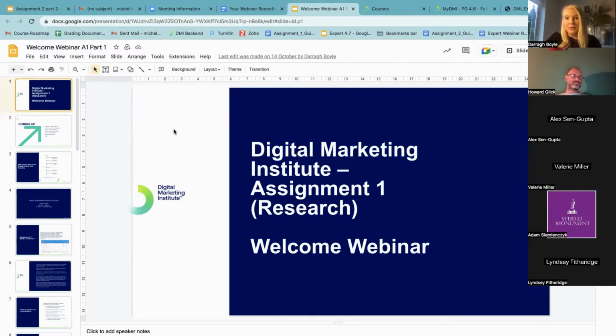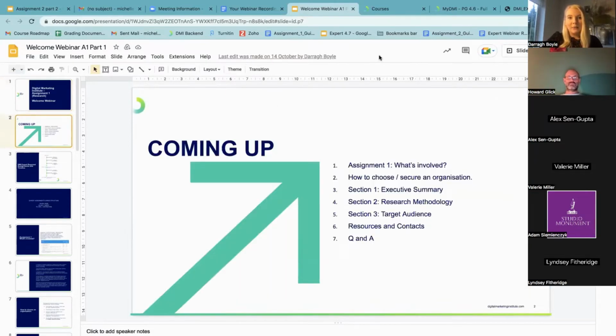And then we're going to go through assignment 1, some of the guidelines for the first half of assignment 1, and then you can all join us again in a couple of weeks for the second half of assignment 1. So we'll just break it up in 2 halves just so that you don't have too much information to take in all at once. And we will give you a nice overview of all the different sections so that you can work towards your best grade.